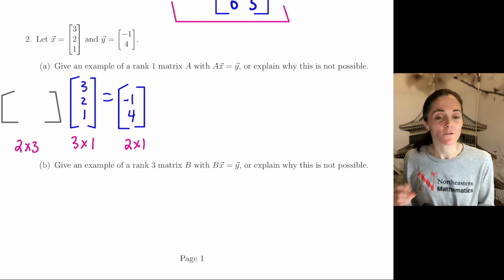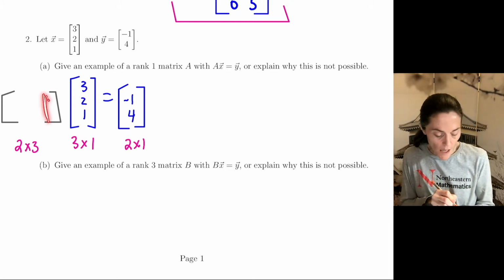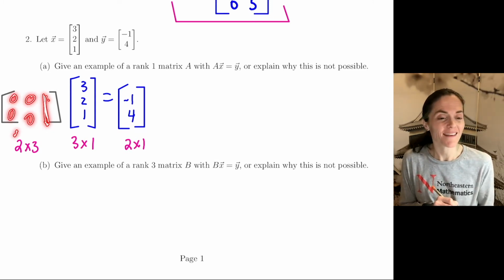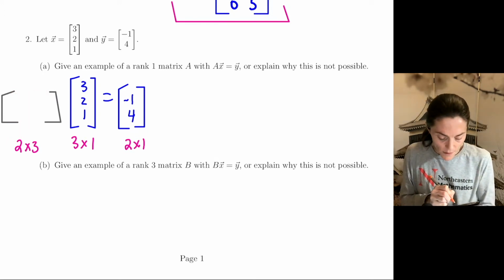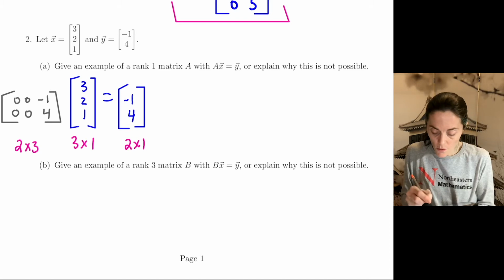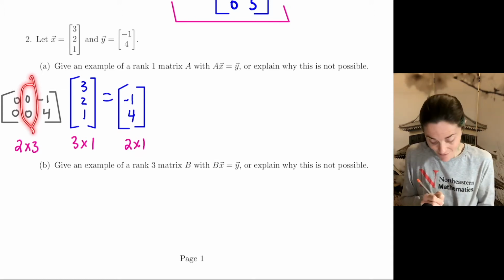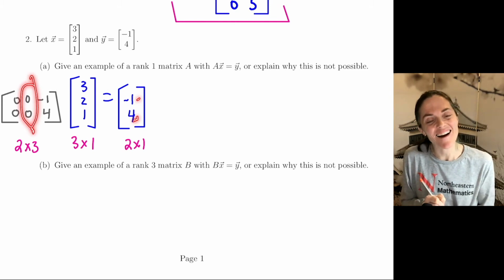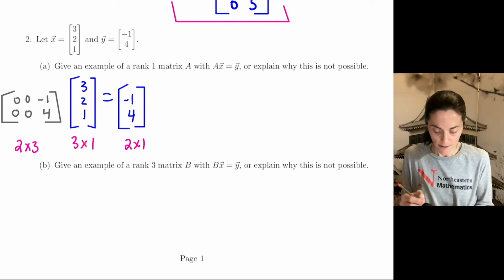Now, how are we going to find a rank 1 matrix? If we, for example, just fill in 1 column with something non-zero, and we have 2 columns of zeros, say, that would be rank 1. I could take just 1 times this column and then put zeros here. Is this the only option? Oh, definitely not. You could also put only something non-zero in this column. You could take a half times each one of these, put that in the second column, put zeros everywhere else. That would be another example, but this is perfectly fine. So here, this is our matrix A.